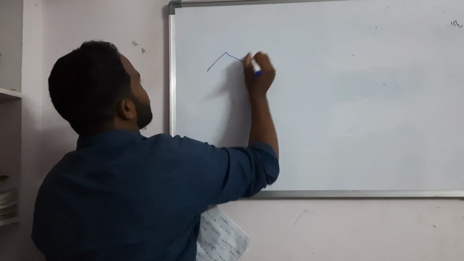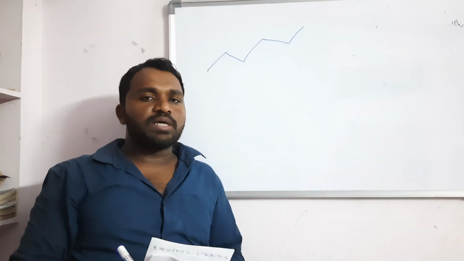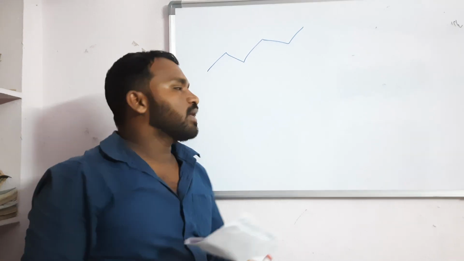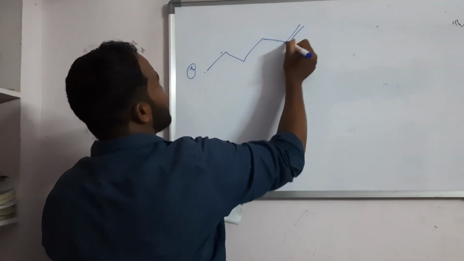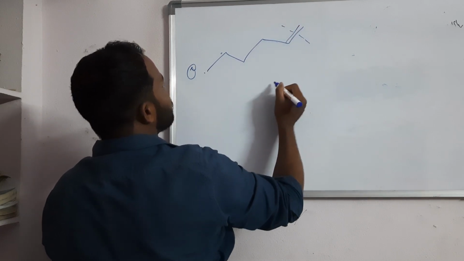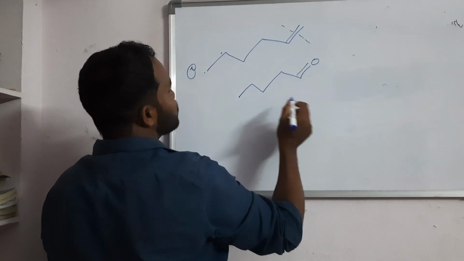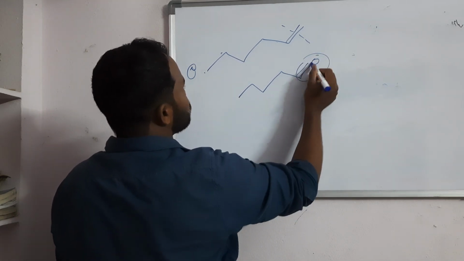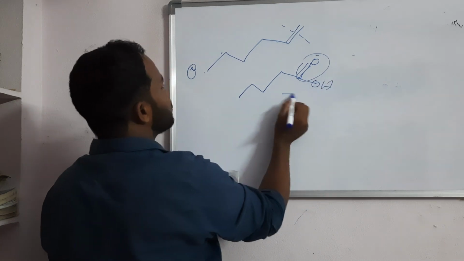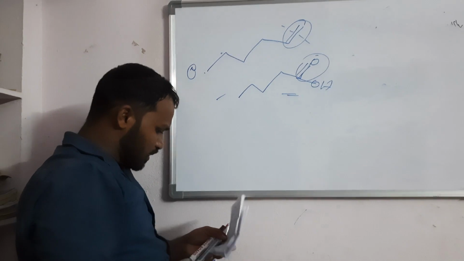And ozonolysis. Upon ozonolysis it gives pentanoic acid, right? So what is the product they asked? These are the options they gave, 1 2 3 4 5 6. Hexene. If you do this, what will you get? You will get pentaldehyde, right? Then if you oxidize this, you will get pentanoic acid, COOH. So 1 hexene is the correct option.